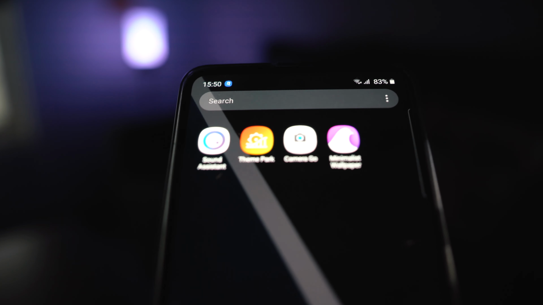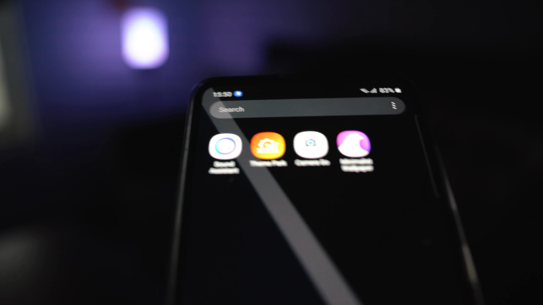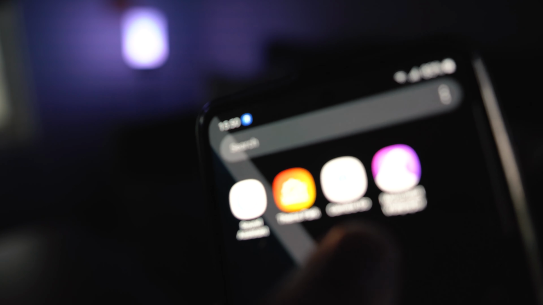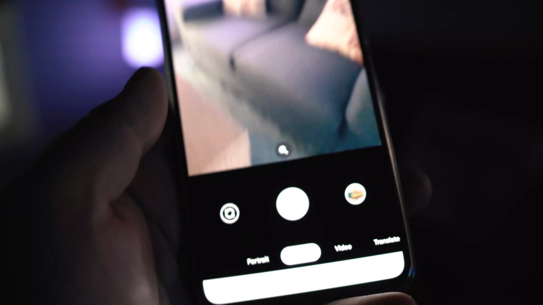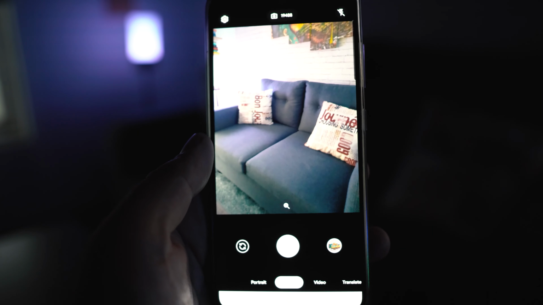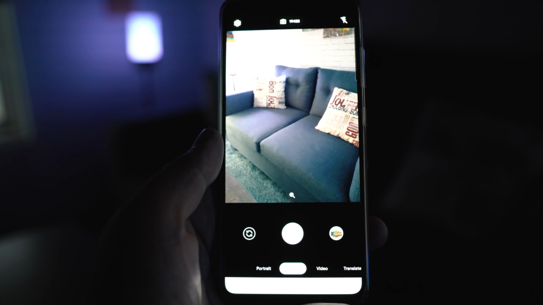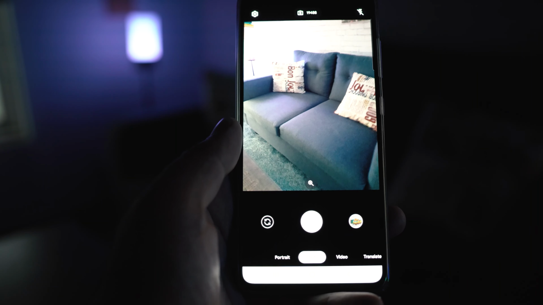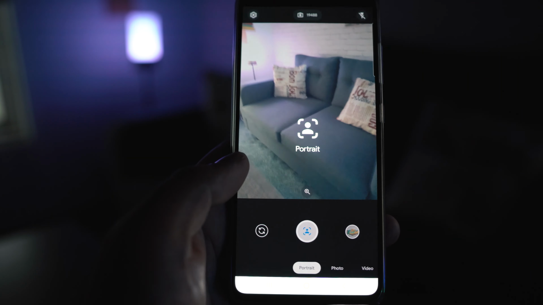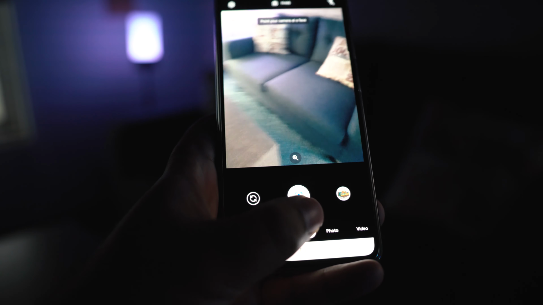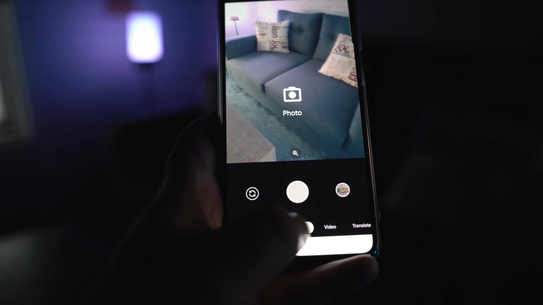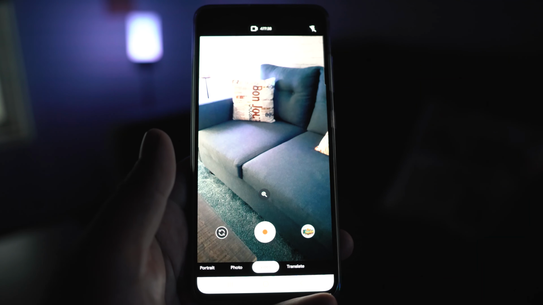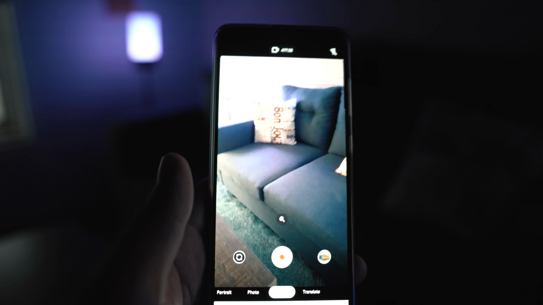For example, to begin with, this application does not have its own settings. You cannot change anything in this application. It's a straightforward application built to capture images. So when you open this camera application, you find a UI similar to the original Google Camera. On the left side, you can see the portrait button, and the portrait works for both the front and the rear cameras. When we go into the video, you will be surprised to see that the videos are capped at 720p resolution only. You cannot change the video resolution.